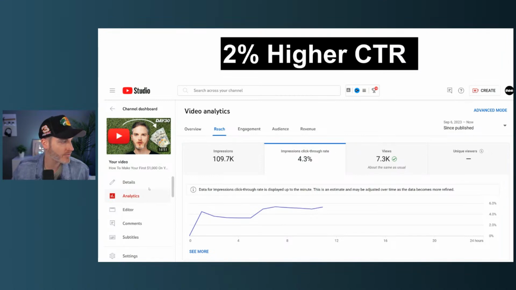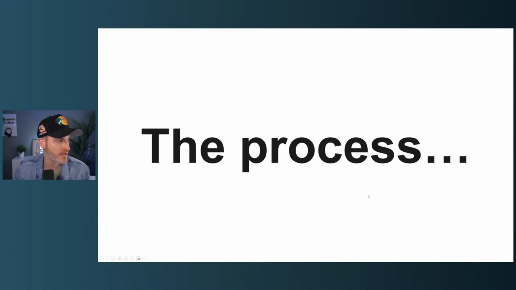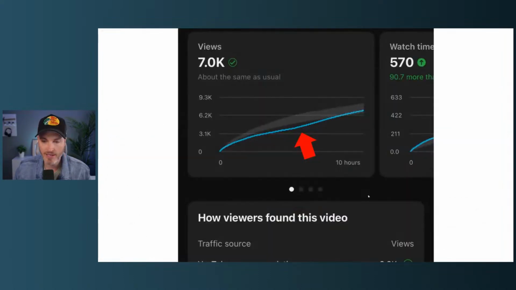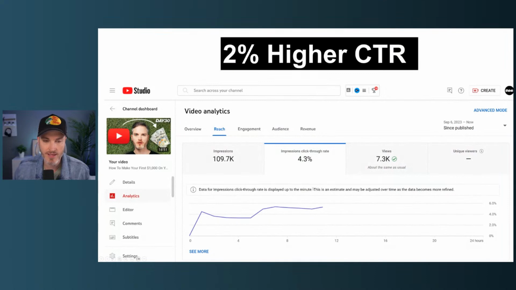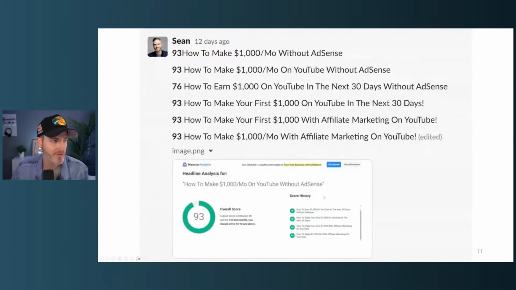I don't think I wrote the notes down here. They didn't transfer. Maybe I have it on this next screen or the previous one. But ultimately, I want to say it dropped all the way down to like a 2.5 and went up to a 4.3 or whatever. So it actually improved the click-through rate by 2%, simply changing just the title. And I think I have clarity on that. I'll come back to those exact numbers in just a second. So here's the process. So what did we do?